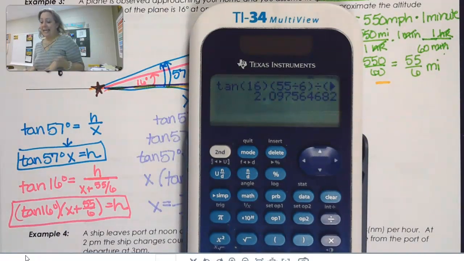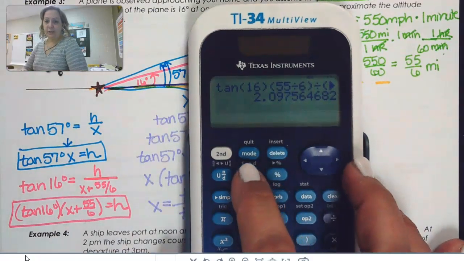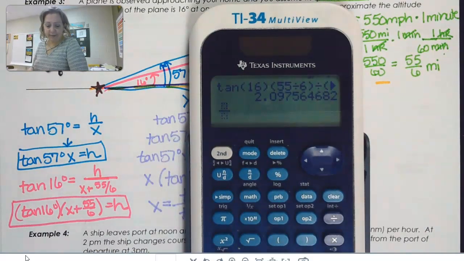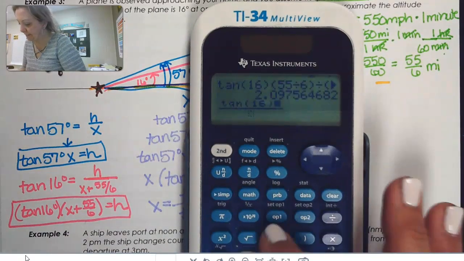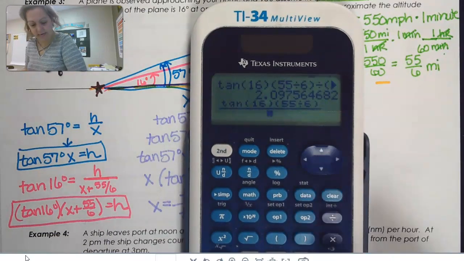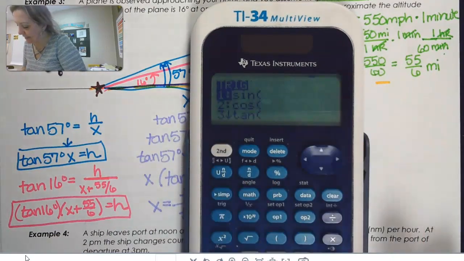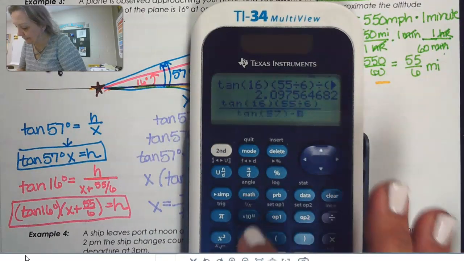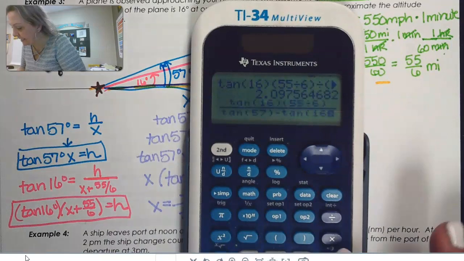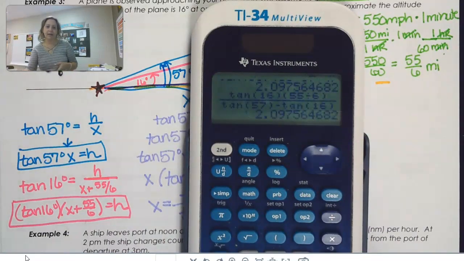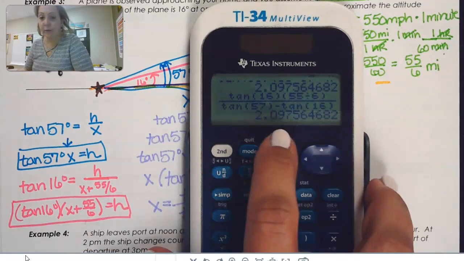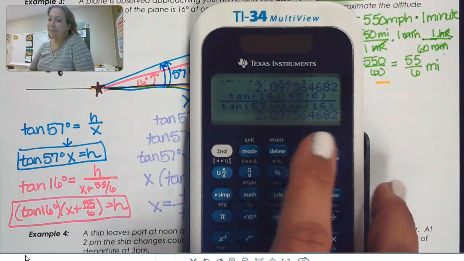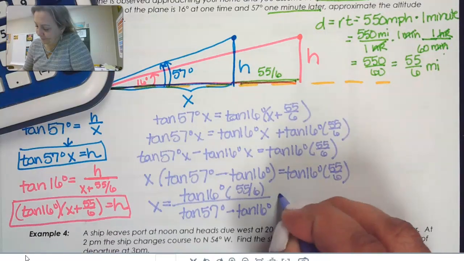Again, the nice thing about the calculator is that you also could create a fraction this way, and then substitute the same thing in, the tangent of 16 times 55 over 6. And then down here, you could just have the tangent of 57 minus the tangent of 16. And then we get that same thing. So again, just options depending on the type of calculator you're using. We can tell that this is going to be about 2.10 if I round to the nearest hundredth, but I'm just going to round on my paper